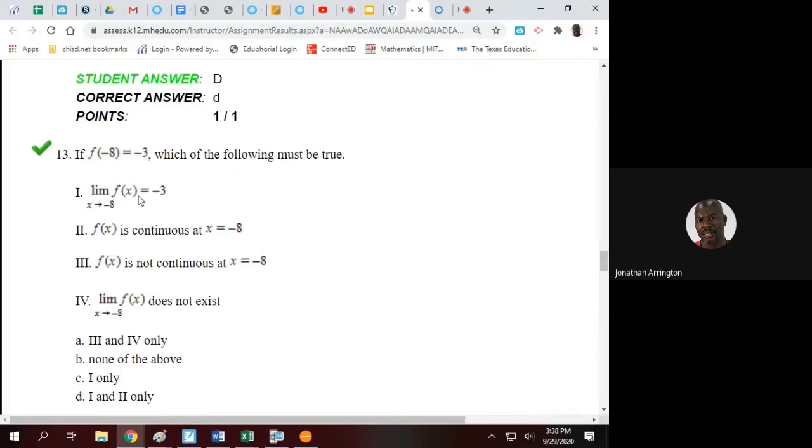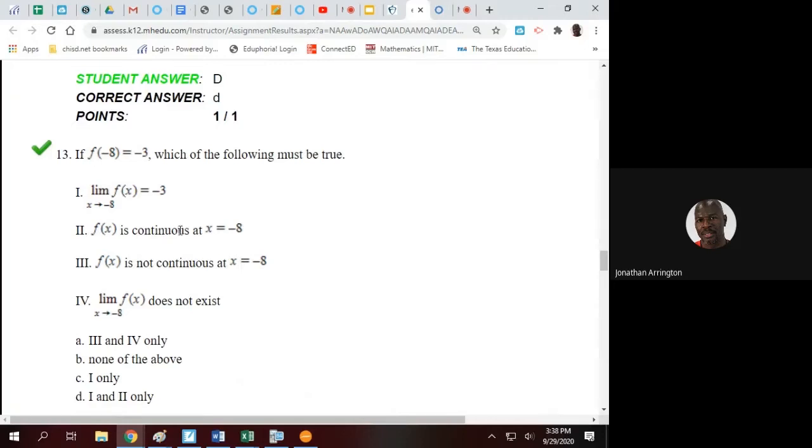Does that mean that the limit has to be the same number? Or does it mean that the limit doesn't exist? Does it mean that it has to be continuous? Or does it mean that it has to be not continuous? And again, I can just choose another graph from this same assignment and analyze this stuff